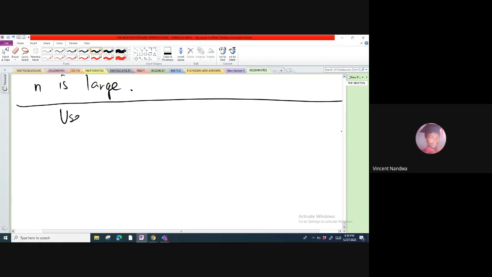So use Simpson's rule. Now, when they say Simpson's rule without specifying either one-third or 3/8, know that they are referring to the one-third rule. But if they specify, you will use the specified one. Okay, use the one-third rule to evaluate